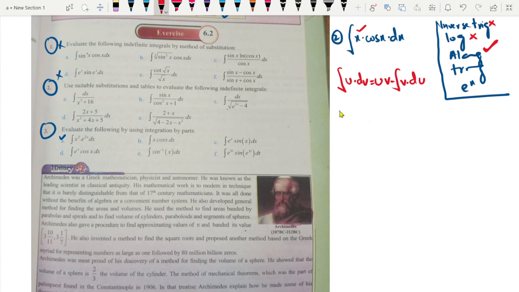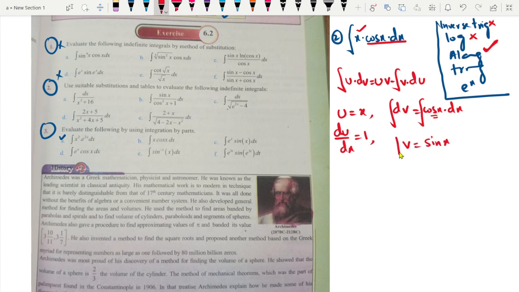Now u is equal to x and dv is equal to cos x dx. So taking the derivative of this one, du divided by dx, the derivative of x is 1, and the integral of this one, when we take the derivative of sin x it becomes cos x, so v is equal to sin x,